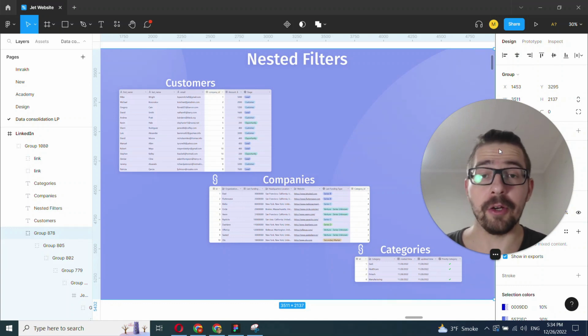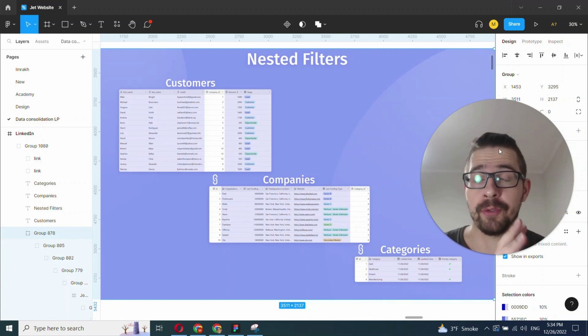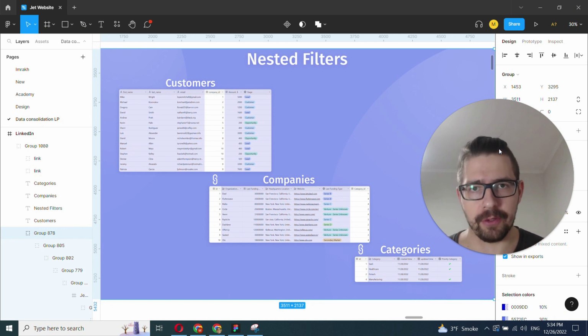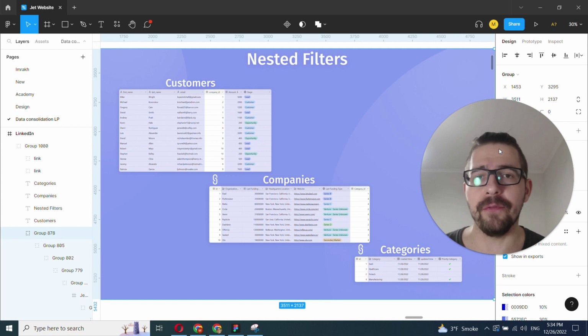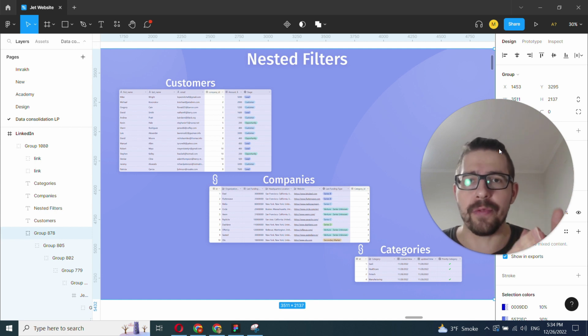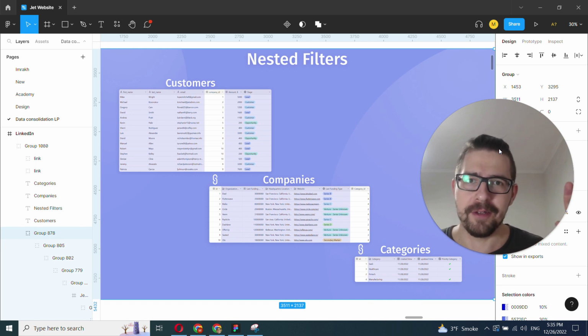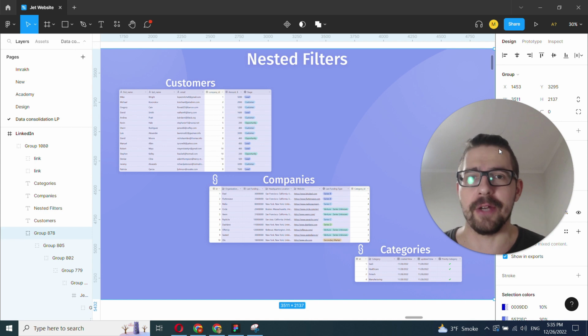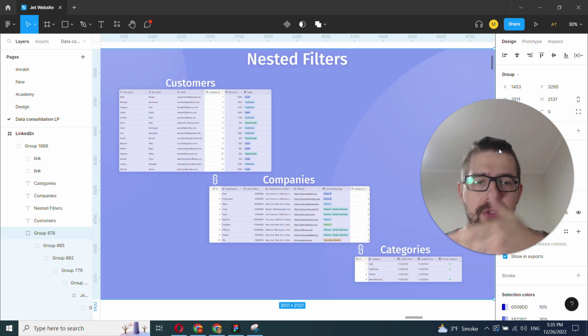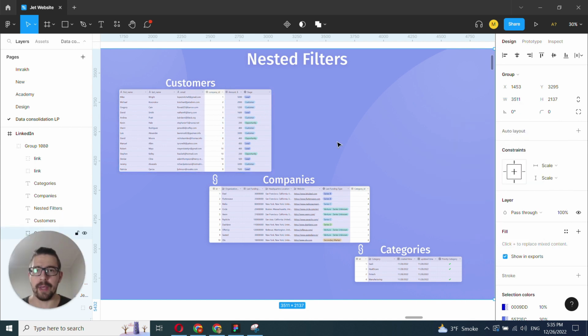In this video, we'll learn about filters, but not just your regular filters, but nested filters. What it means is that you can filter by properties or fields from related collections or tables. You can even go through multiple layers of relations to get to pretty much the table of interest that's related through multiple steps.